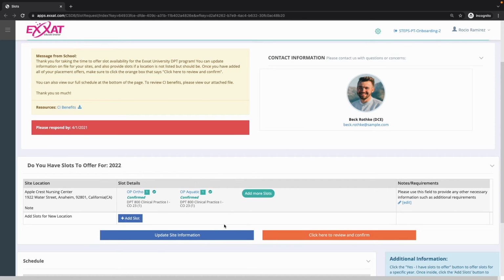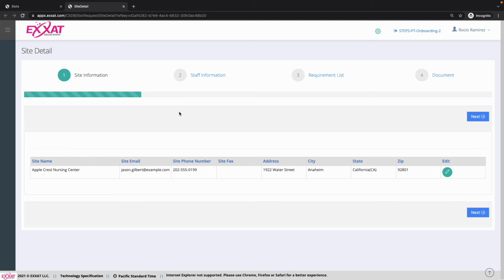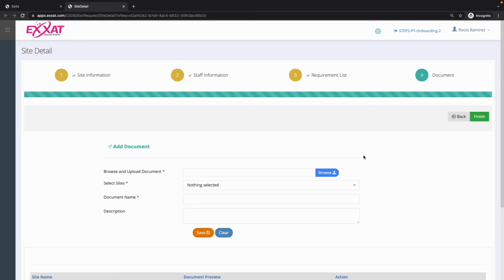If the site were to update their site information, they'll be taken to a different page where they will go through different steps to update information depending on what you have allowed. You can see here there is a document section. On this section, the site will be able to upload any files they'd like to share with you. Once they do, the next step is for you to approve those documents in order for them to be attached